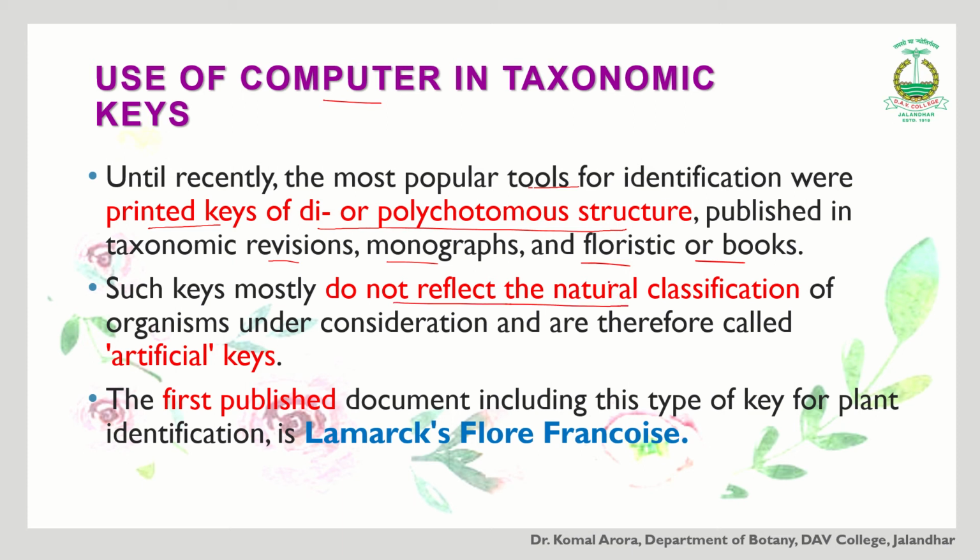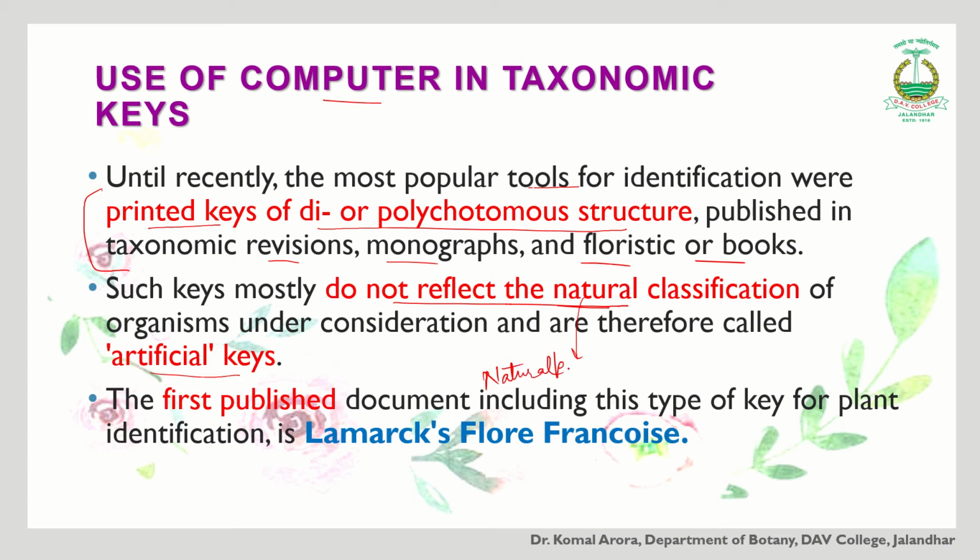I told you to memorize the difference between artificial, natural, and phylogenetic classification. So natural means that a number of characters, whatever information is there regarding different whorls of the flower, regarding the vegetative structures, all that information is considered while classifying the organism. But whatever keys were used earlier were based on just easily observable characters, a few characters. So they were the artificial keys. But we wanted to have the natural one in which all information that is available should be used while preparing it. So natural classification based natural keys were not available in the past.